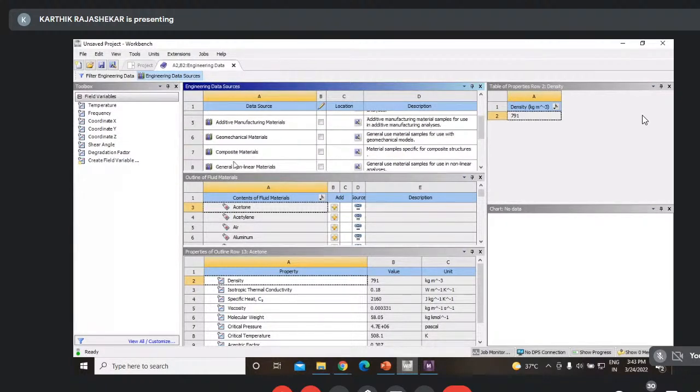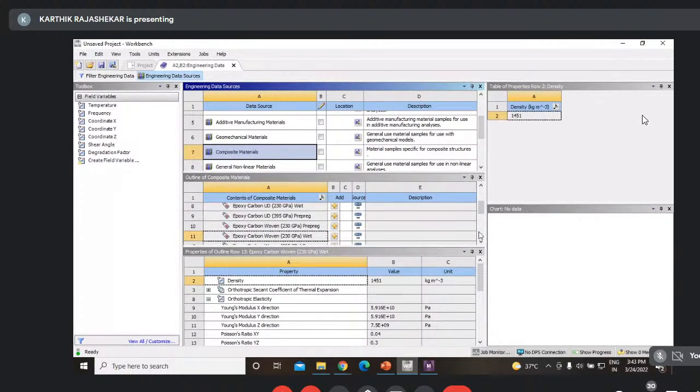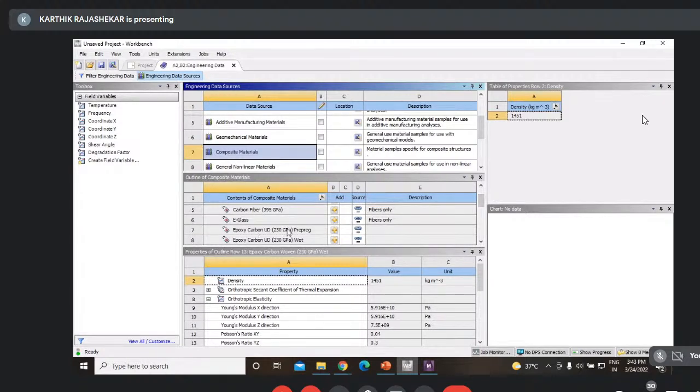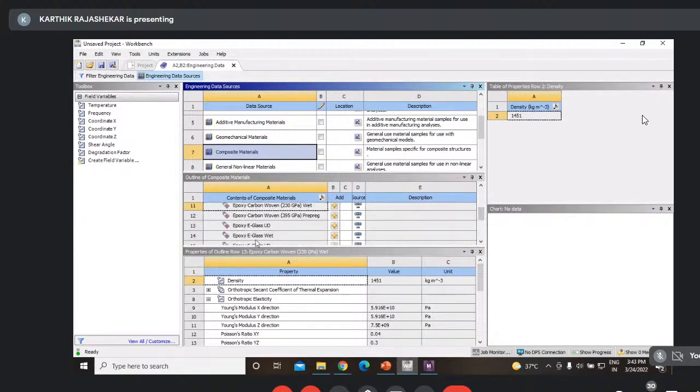So you mean that we have to give the stress strain data graphically, it will take itself? Sir, if you can see over here, if I go for composite, we have unidirectional composite fiber properties, where we have prepreg, wet, any kind of thing. These properties are by default available, but for your analysis purpose, this will not serve the purpose. So for your analysis purpose, if you want to evaluate the properties, again you need to